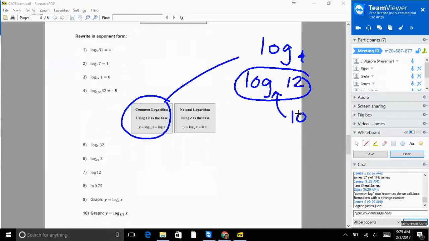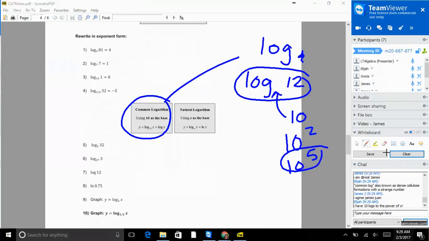Come back to math. All right, so this makes sense because a lot of times we use 10 to the second power or 10 to the fifth power. We use this when we use scientific notation. It's a common terminology, so that's why this is called the common log. Okay, so what does that practically mean? It practically means that,